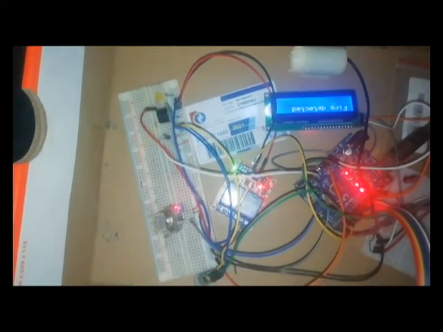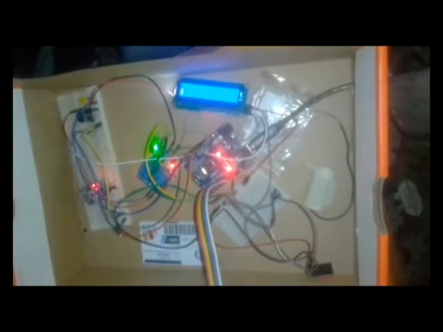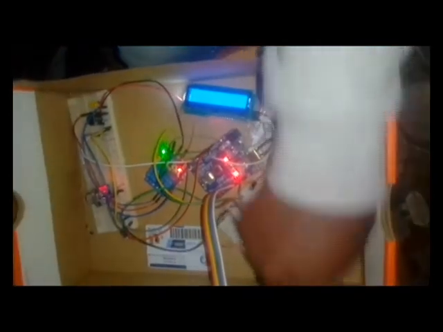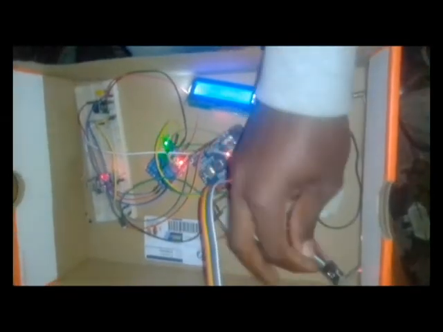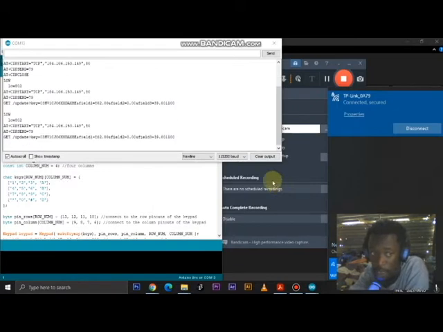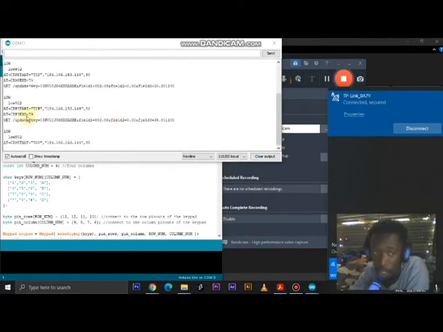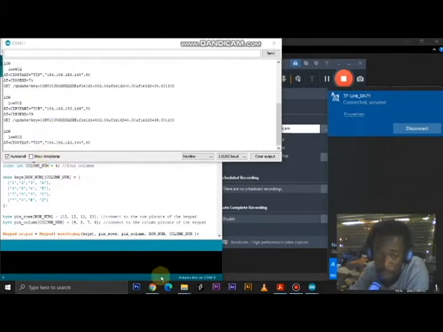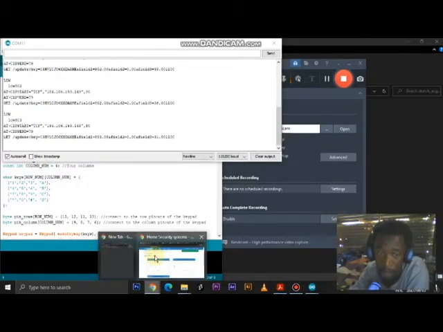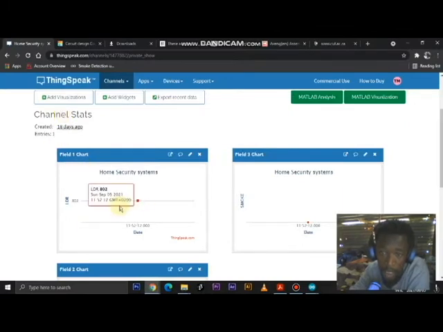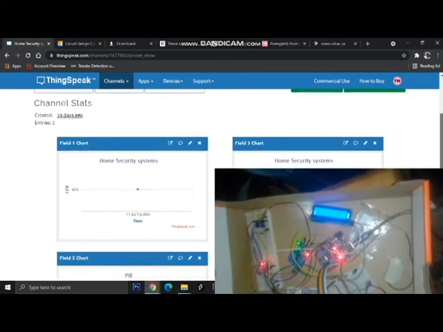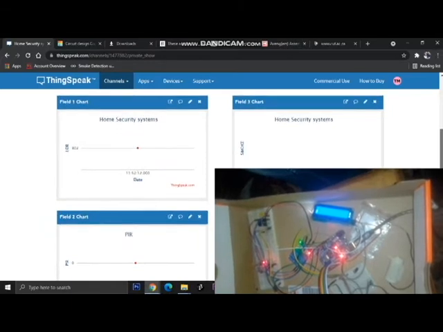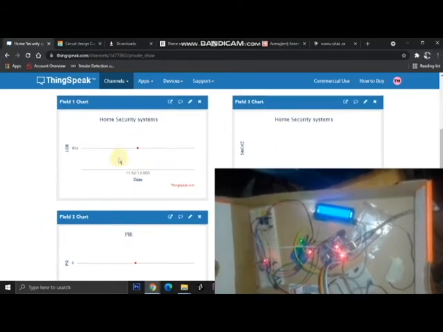So now we have the ESP connected to the circuit, to the internet, to the mobile hotspot, and we are actually sending data to ThingSpeak. So let's go ahead and go to ThingSpeak to see one entry. Now we can see the LDR is sending something, the smoke sensor is sending something. Remember, the LDR and smoke sensor are analog inputs, so we are going to see